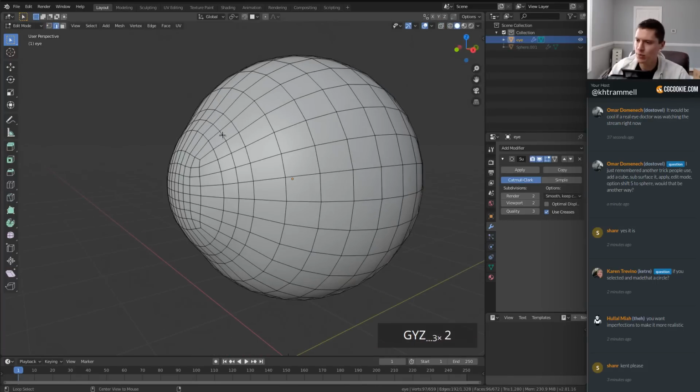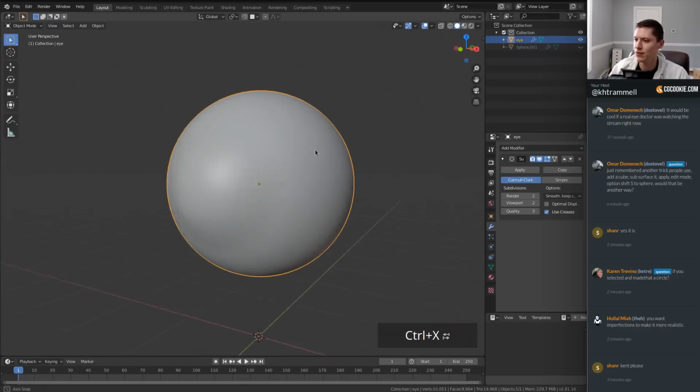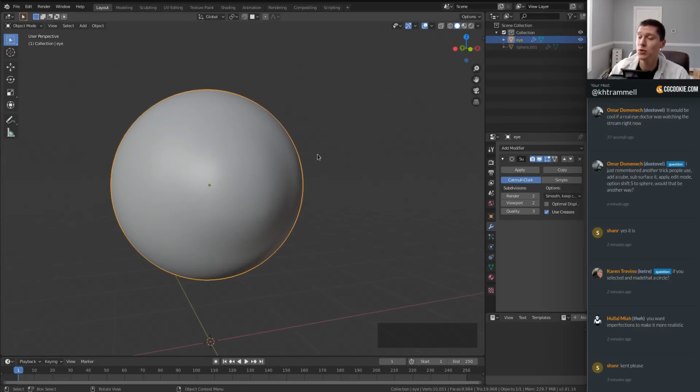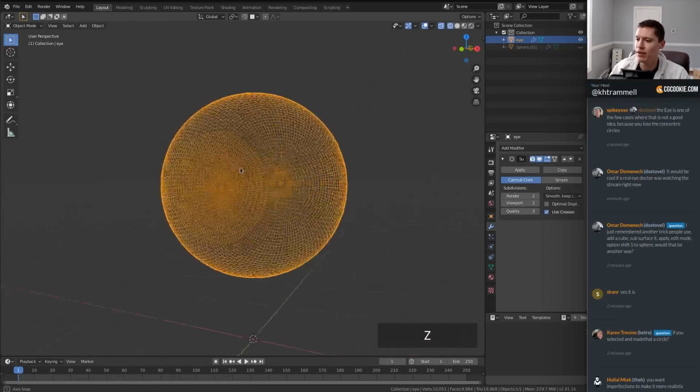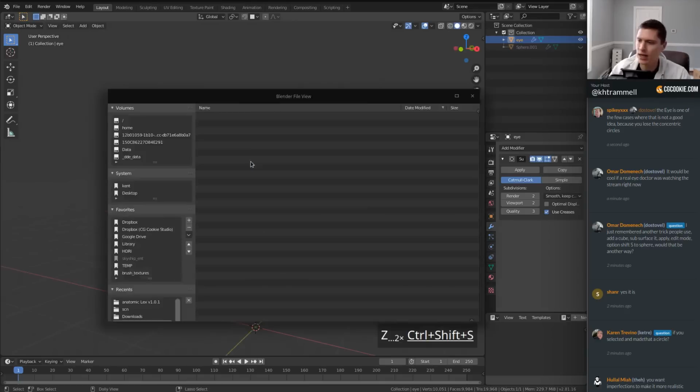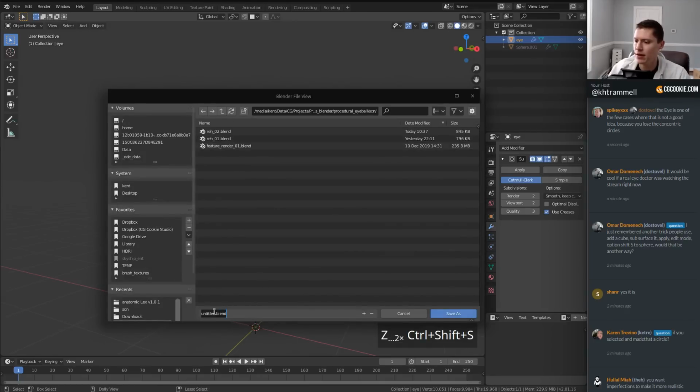And we don't need that edge loop that we cut. It's just going to unnecessarily make that section of the sphere rigid. So Control X to remove that. And then we're left with our smooth iris, our smooth sclera and cornea, with the iris as a separate piece of geometry. Now we're done. Let's save the file. I'll call this